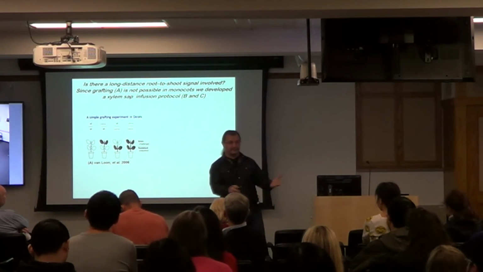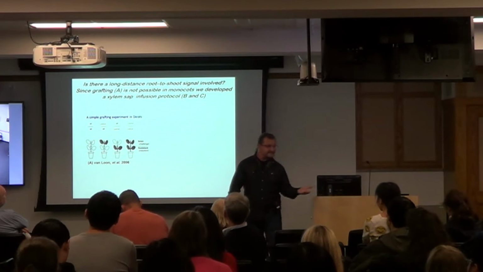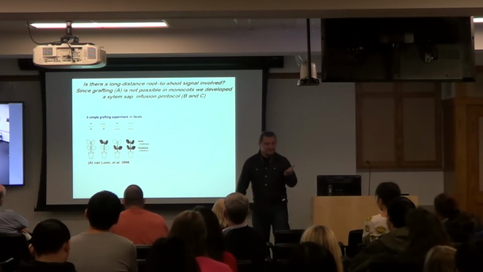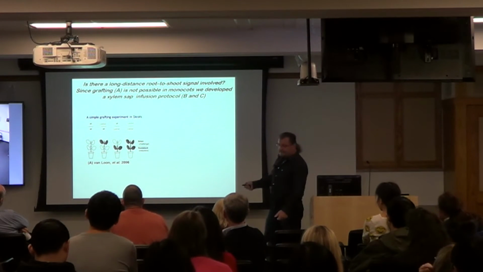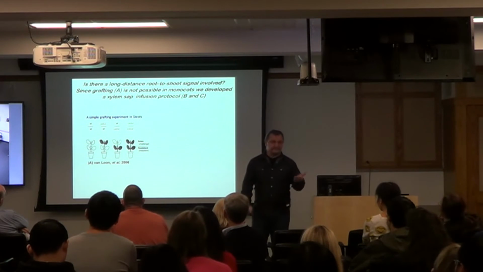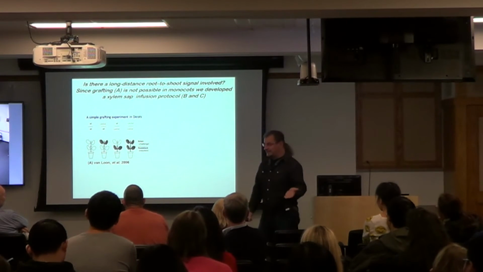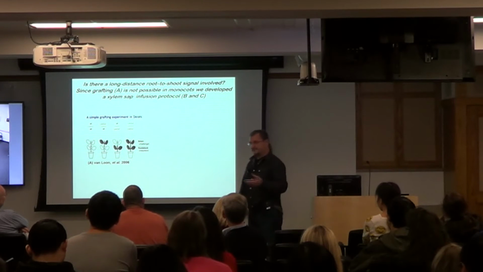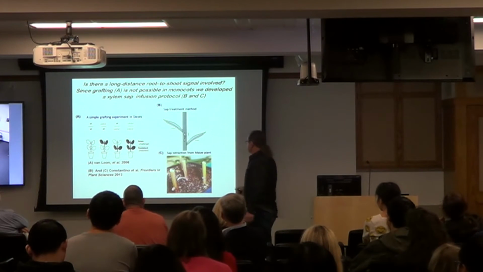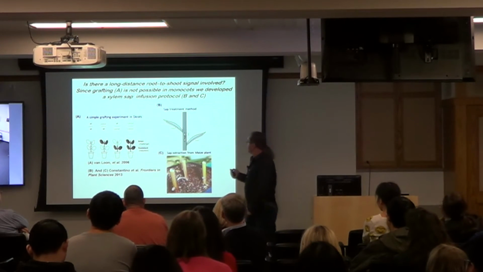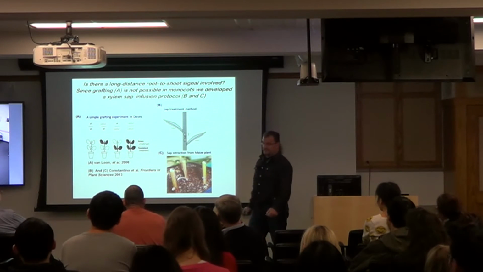Of course, if you work with dicots, you know what to do in this case. You have LOX3 mutants, you have wild type, you would do the grafting experiment. Unfortunately, for those of you who work with monocots, it's not possible. And it's a huge problem. So then we had to come up with a new method for how to do this